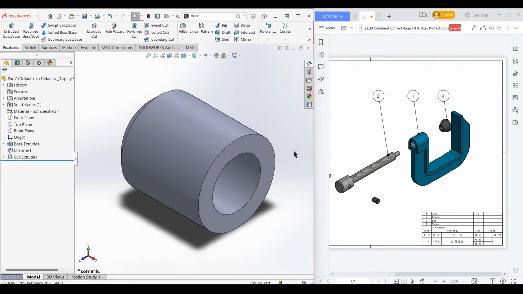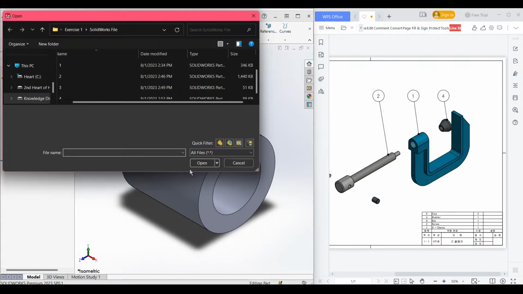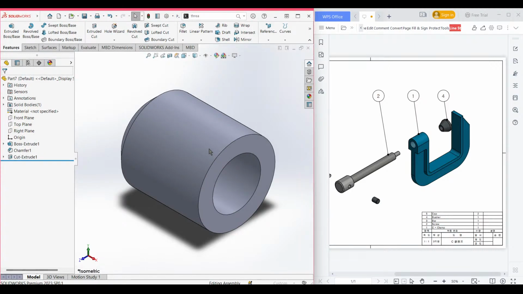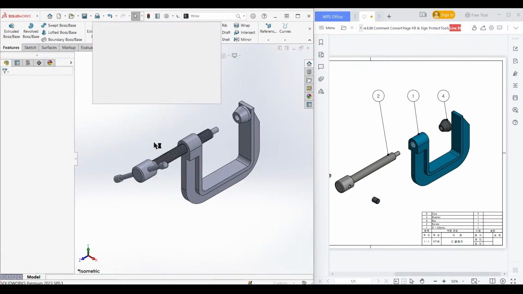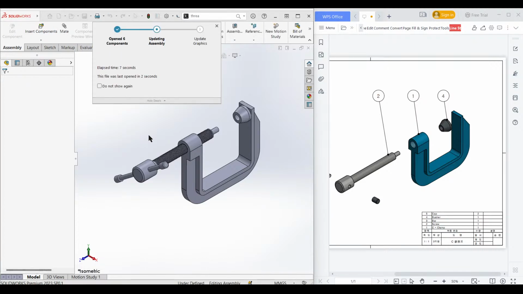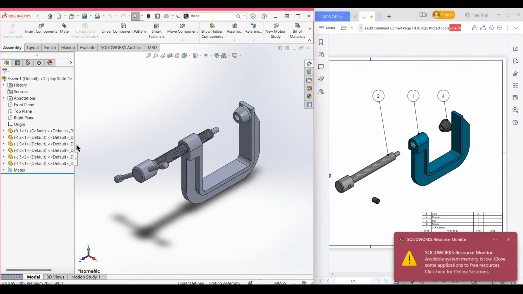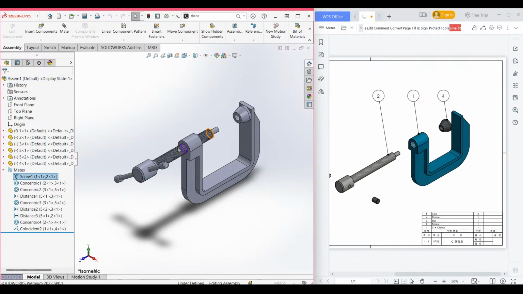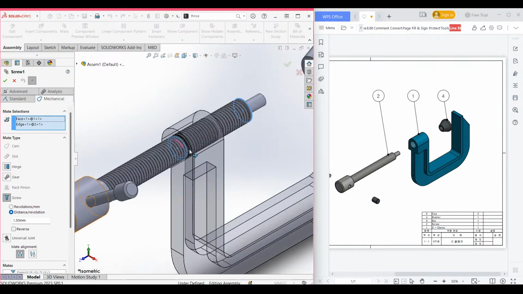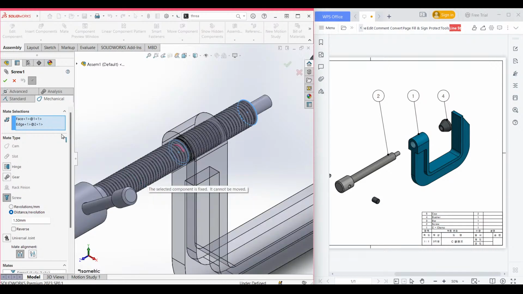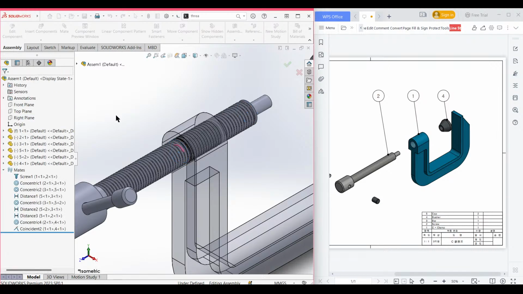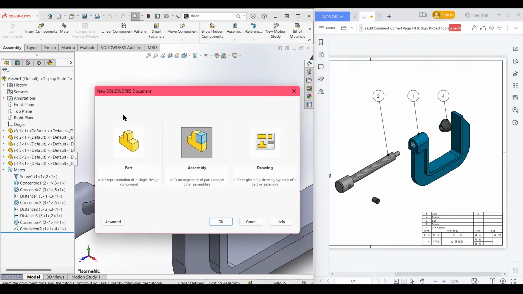Okay, let me open my previous assembly. In my previous assembly, if we look at here, if we go to edit features, we have selected the face and edges. So let's select new assembly,